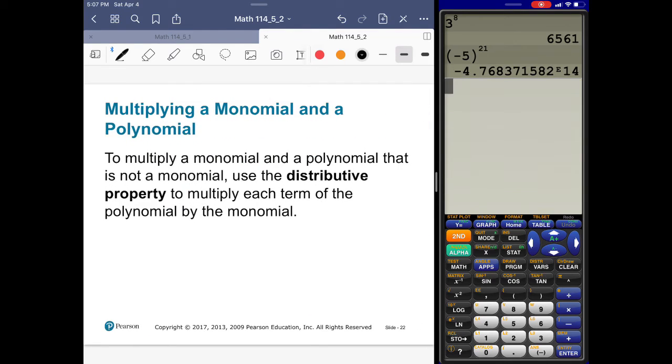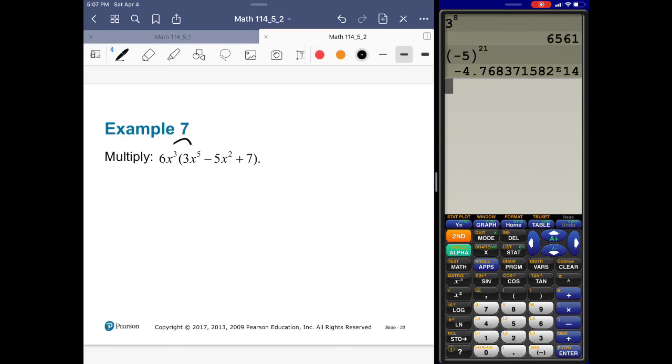Multiply a monomial and a polynomial. To multiply a monomial and a polynomial that is not a monomial, use the distributive property to multiply each term of the polynomial by the monomial. Meaning I have to distribute. So I have